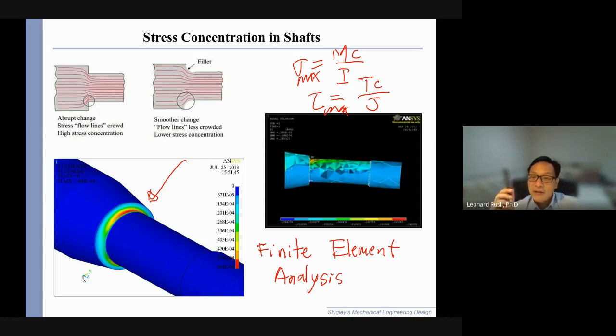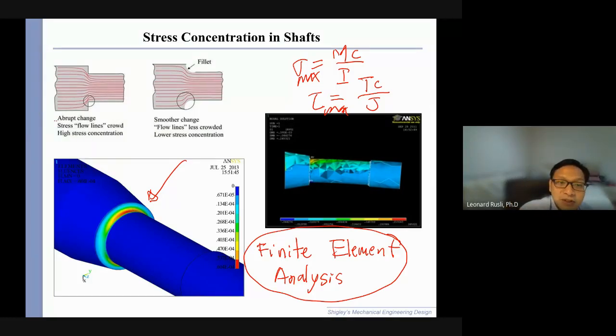Now if you run this analysis on software, these kinds of software are very advanced. In fact, when you work, especially in developed countries where they do design properly, you will do this kind of structural analysis, and you will notice that these red dots, the concentrations of stress, are often at the shoulders, right? Every time you have an abrupt change,